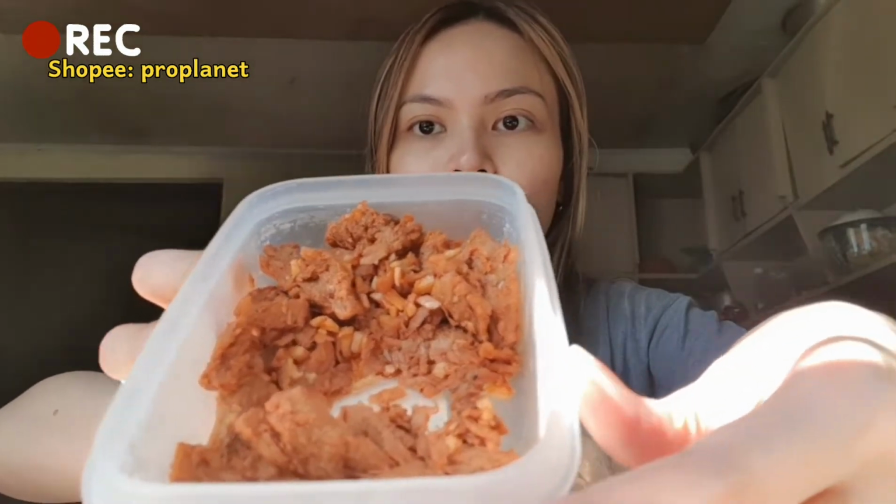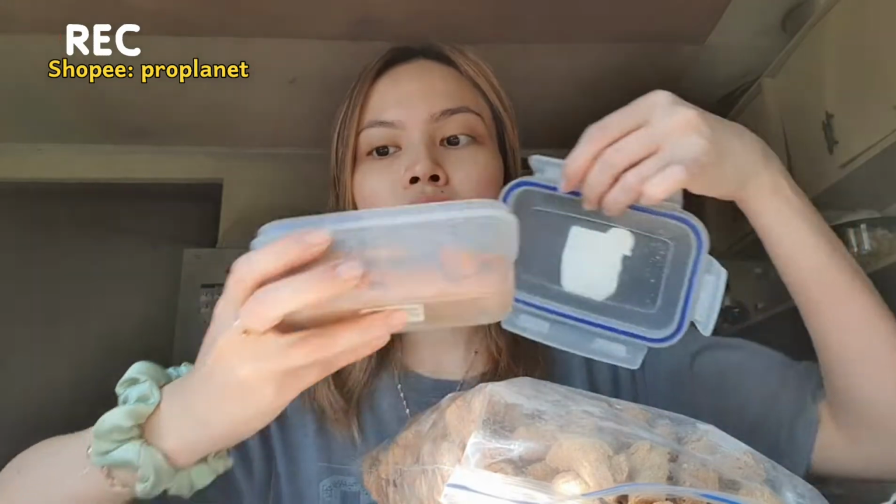Guys, pwede kayo magluto ng afritada, barbecue, curry, a Korean style barbecue. So ayan siya. So, para talaga siyang meat, but it's not meat. It's